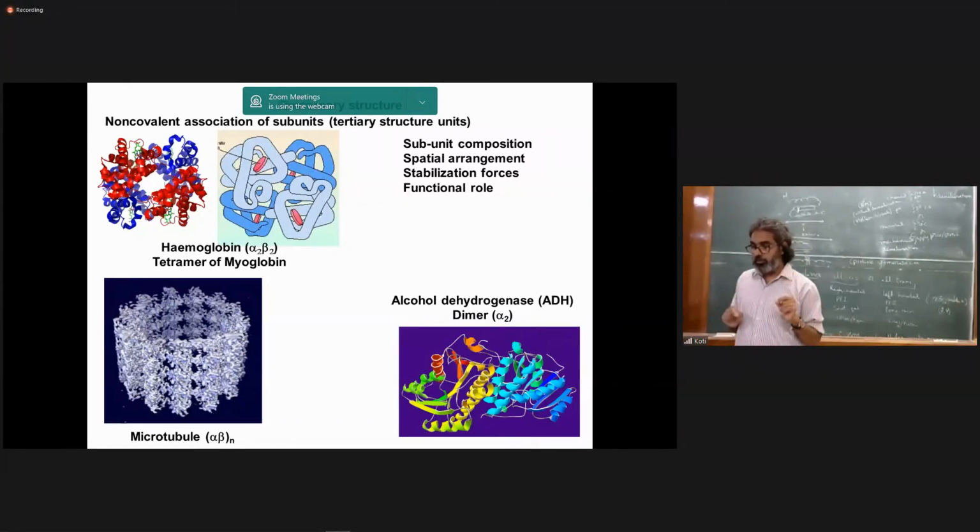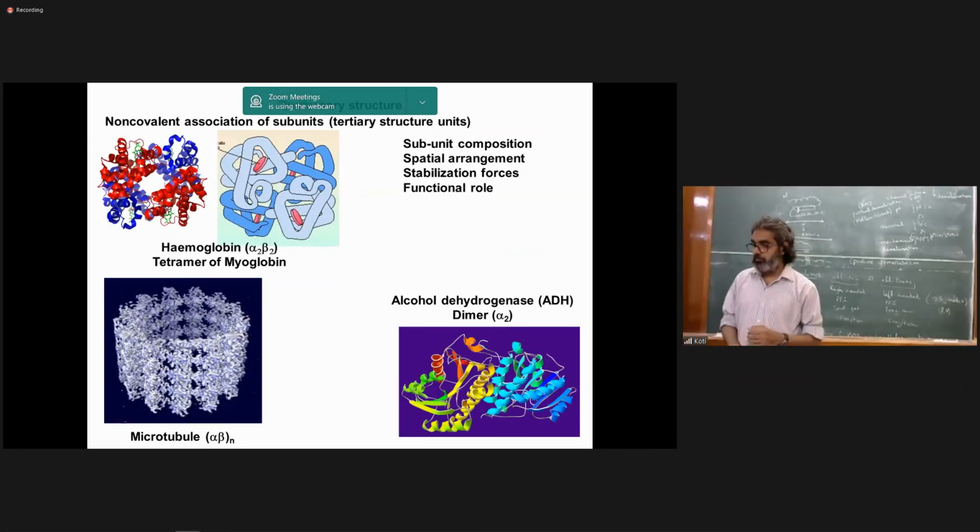Those alpha beta units form protofilaments, linear filaments. 13 of these filaments come together and form a cylindrical structure, and the center is hollow, with a diameter of about 50 nanometers. These long filaments both give rigidity to the cell and provide a way for cargo to be transported with the help of motor proteins, using ATP chemical energy and converting it into mechanical energy. So this complex assembly of individual protein molecules is important sometimes for structural reasons, in the case of microtubules, or functional reasons, in the case of hemoglobin, or for enzymatic catalysis, as shown in alcohol dehydrogenase.